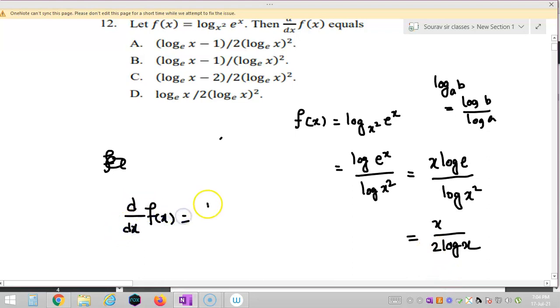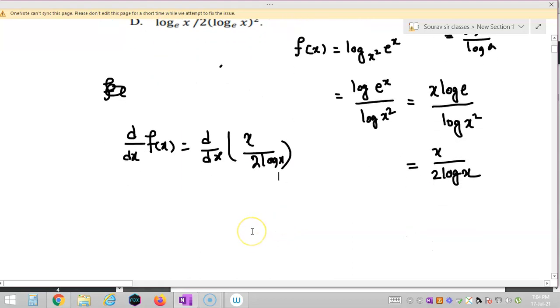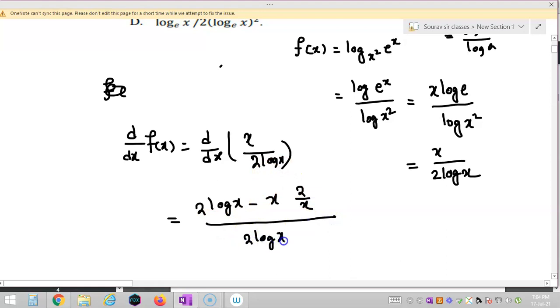is equal to d/dx of x by 2 log x. Okay, so we need to differentiate it. So we need to use the formula of u by v derivation. So it will be 2 log x into derivative of x, which is 1, minus x into derivative of 2 log x, so it will be 2 by x, by its whole square, so 2 log x is whole square, right students? So 2 log x minus 2 by 2 log x is whole square, right